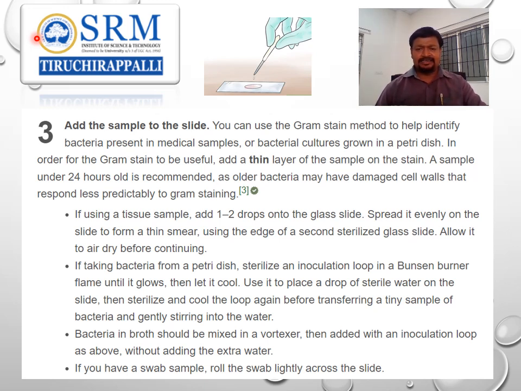After sterilizing the inoculating loop in the Bunsen burner flame until it glows, let it cool. Then place a drop of sterile water on the slide. Sterilize the loop again and let it cool before transferring a tiny sample of bacteria and gently stirring it into the water. For another bacteria in broth,